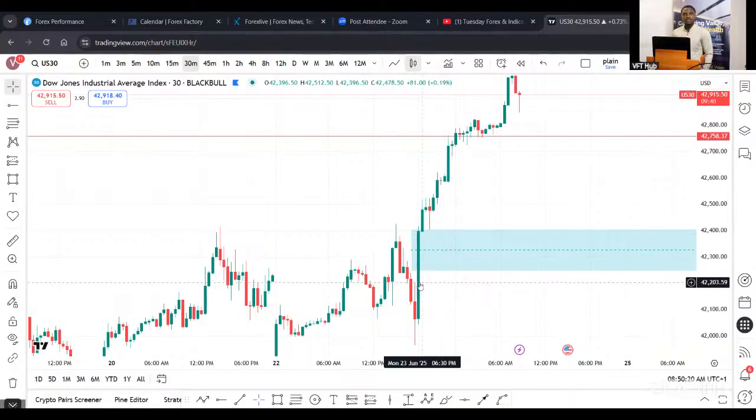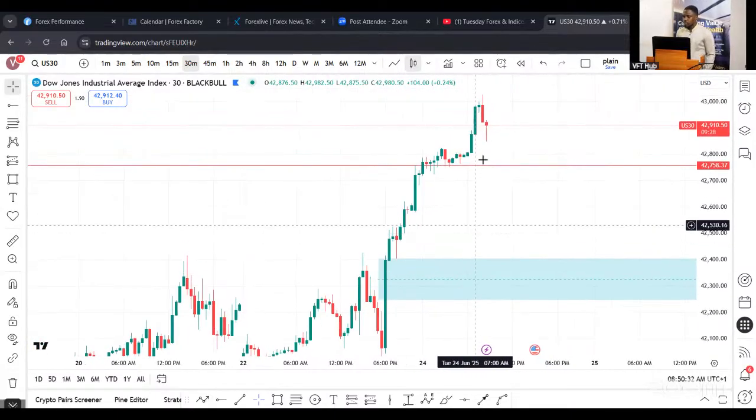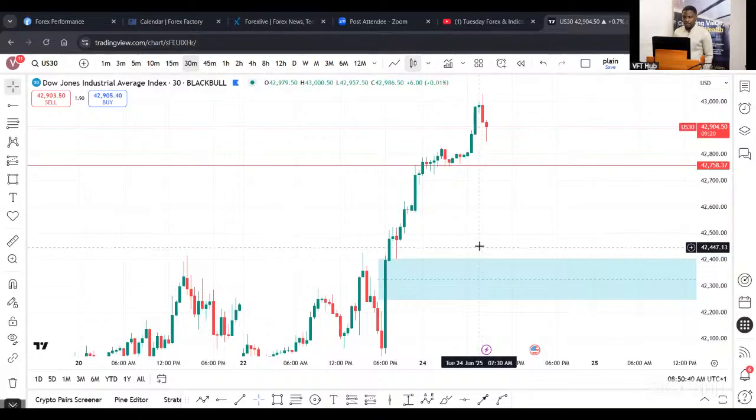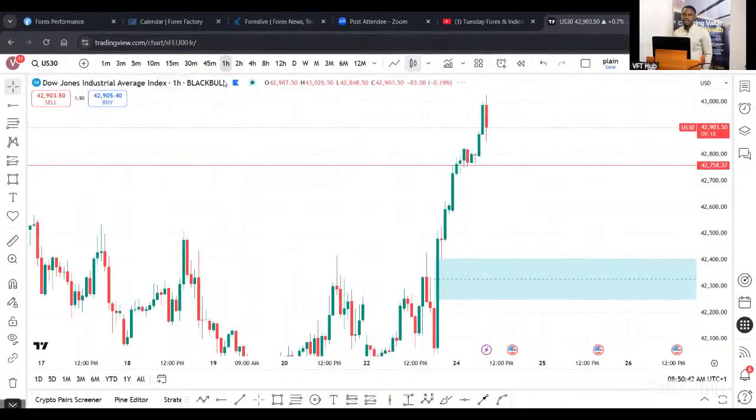Now, can the rejection give us good risk to reward? That's another separate question. Probably this sort of rejection might do just 1:2 or 1:3 and then continue its movement to the downside, that's if we see price selling off again. But from what we have this morning from fundamentals, the president of the United States has confirmed, using strong words, that there won't be any war again between the two parties because they've come to a compromise.